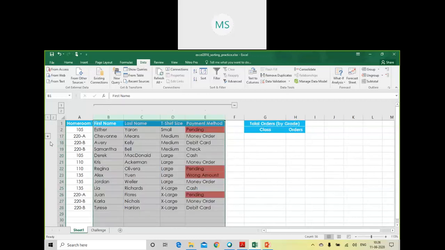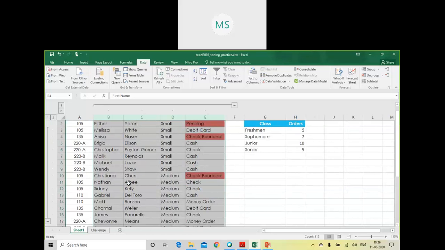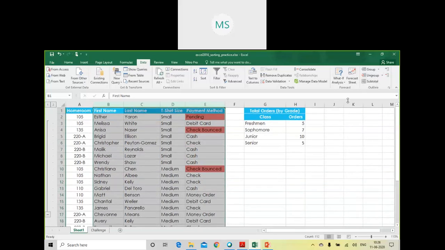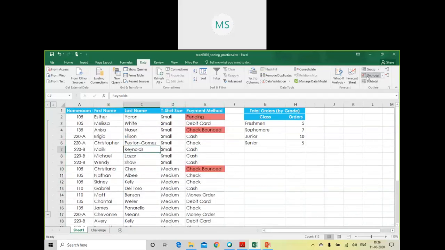When I expand it, I get this view. Okay. And now if I want to ungroup, then it will ungroup that column first because it is selected. And when I click on ungroup again, it will ask me whether to ungroup rows or columns. So I have to ungroup rows only.